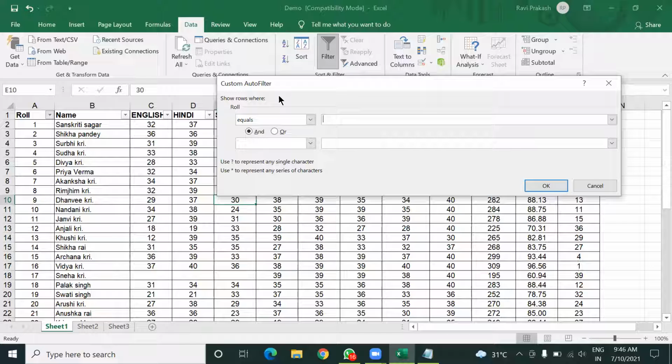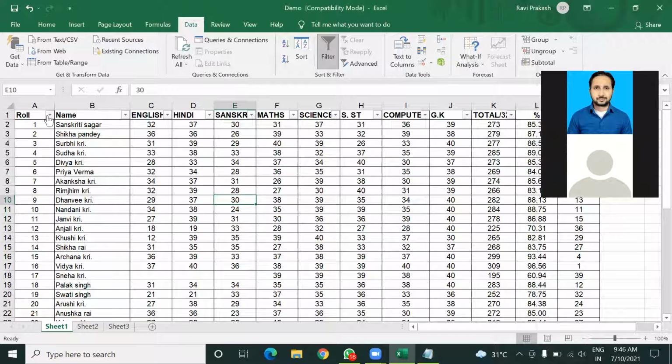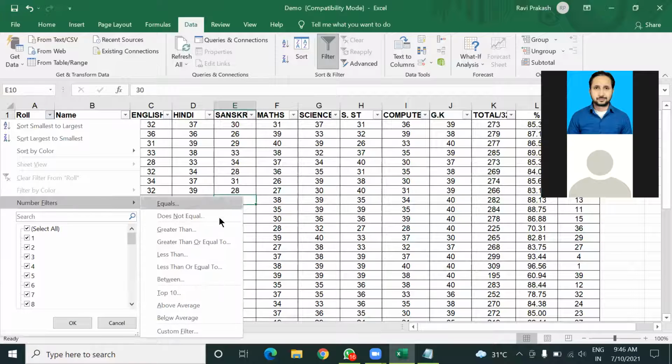Okay, sir. So it will take time to understand these things. So you just take only these options given under the number filters. Okay.